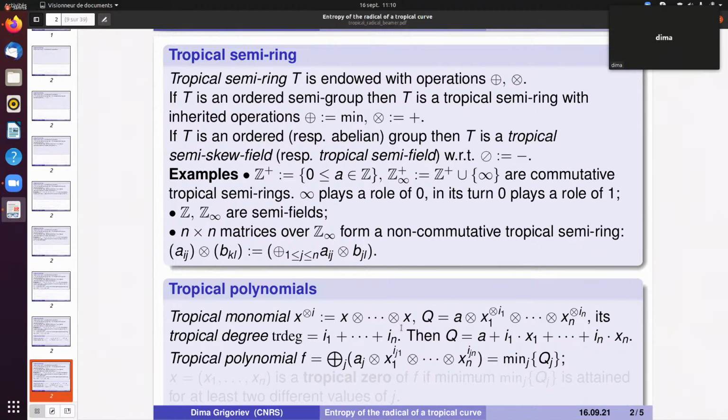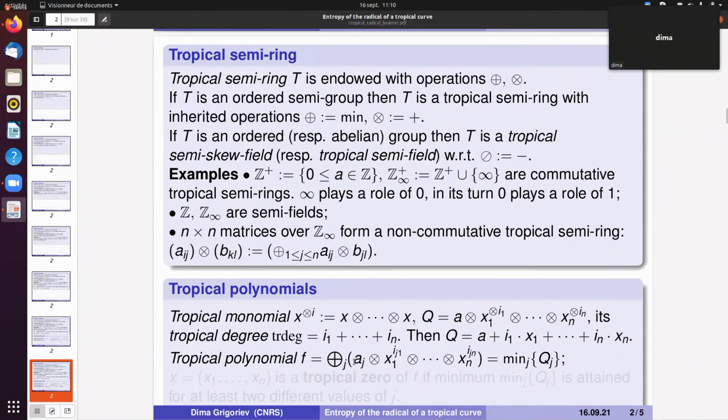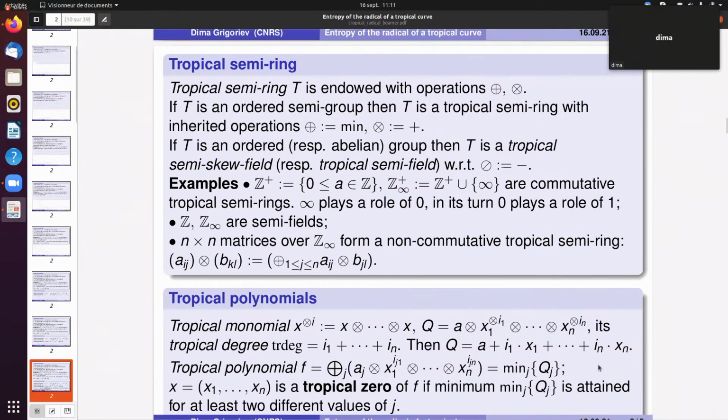So we have defined monomial, and the polynomial, similar to the classical case, we define as the tropical sum of the monomials, which classically is nothing else but the minimum of linear functions. So a tropical polynomial can be viewed as a minimum of linear functions, so a convex piecewise function. And well, this is very similar to classical stuff, but what differs essentially